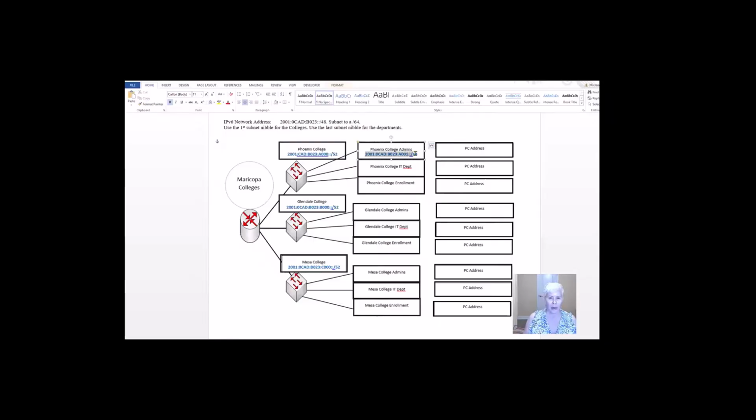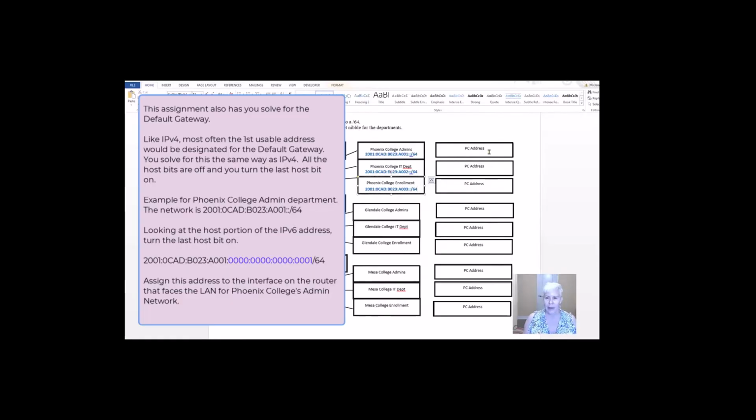All right, so I'm going to just do a little shortcut here. 2001:0CAD:B023:A002::/64. 2001:0CAD:B023:A003::/64.